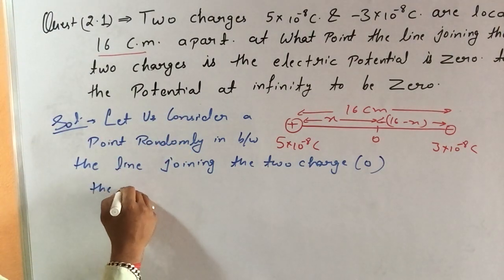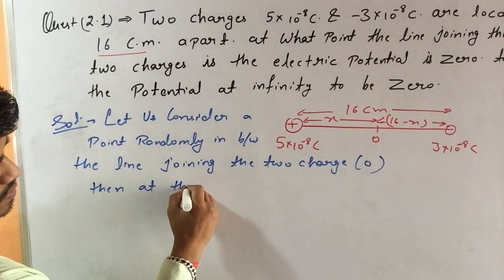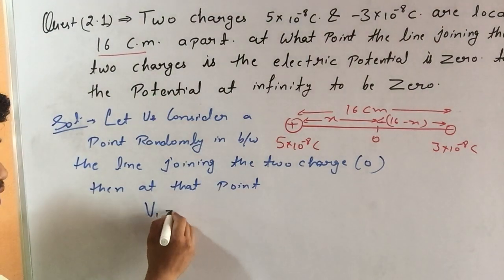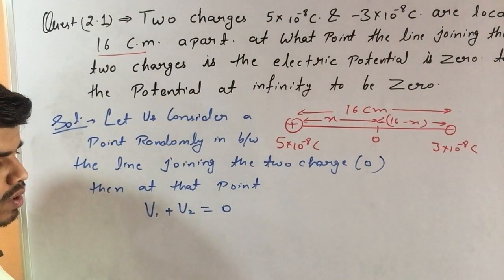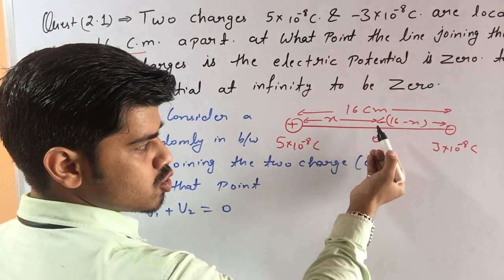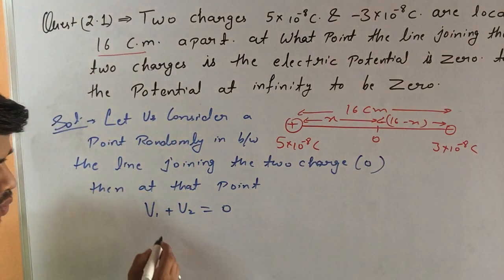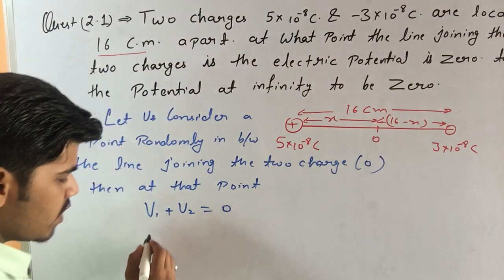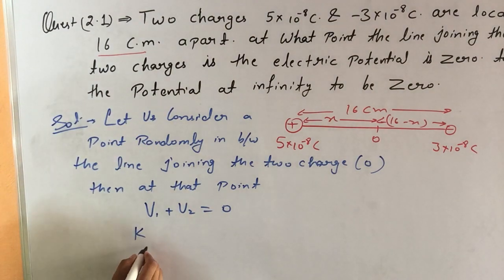Then at that point, अब उस पॉइंट के ऊपर नेट पोटेंशियल कितना है? 0, क्योंकि हमने ही कंसिडर किया है कि उस पॉइंट के ऊपर नेट पोटेंशियल 0 होना चाहिए, है ना. Then V1 plus V2 is equal to 0. V1 is due to the first charge and